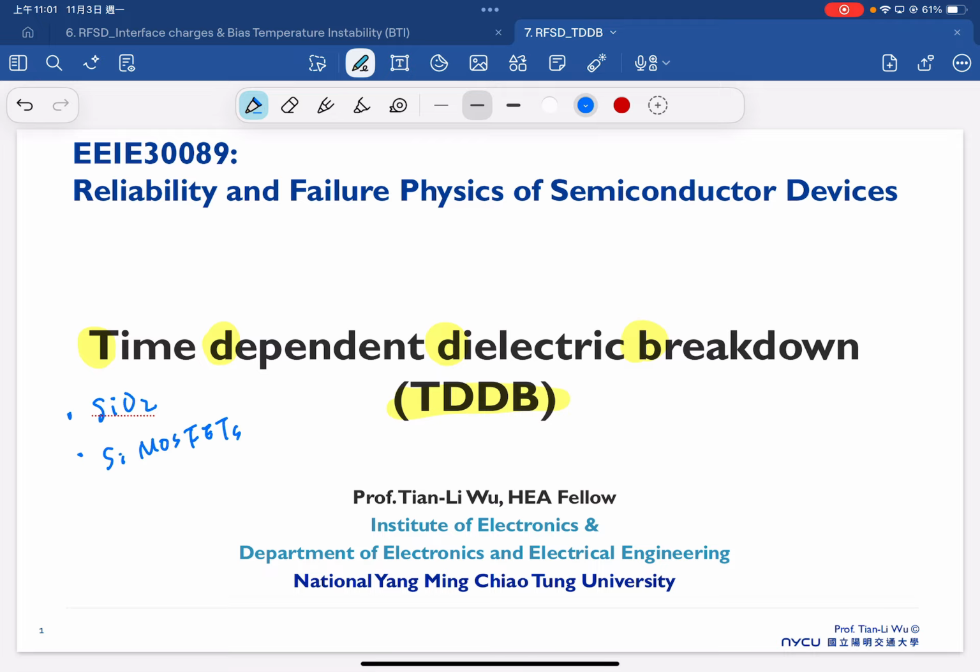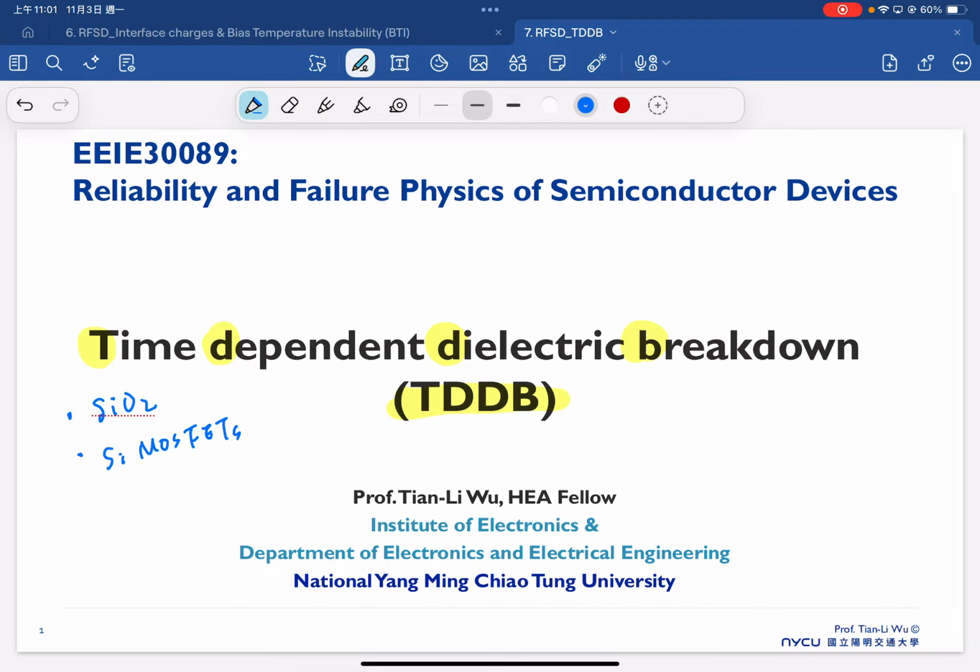But in general, every technology and every dielectric always suffers from the TDDB issue. But the learning experience from silicon and silicon dioxide is very useful for us to extend to other